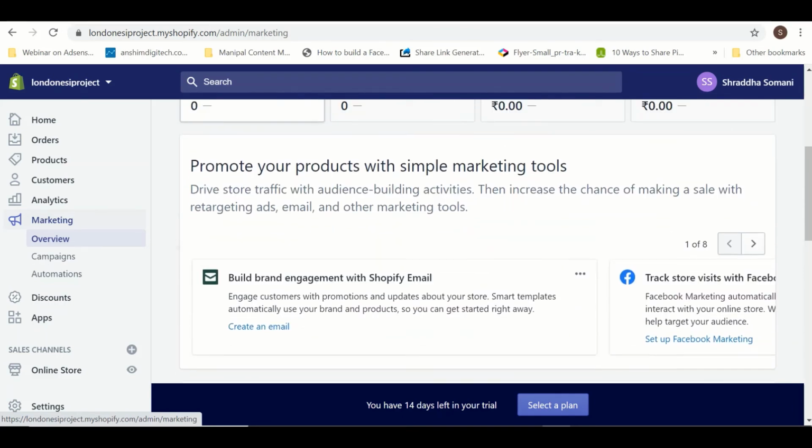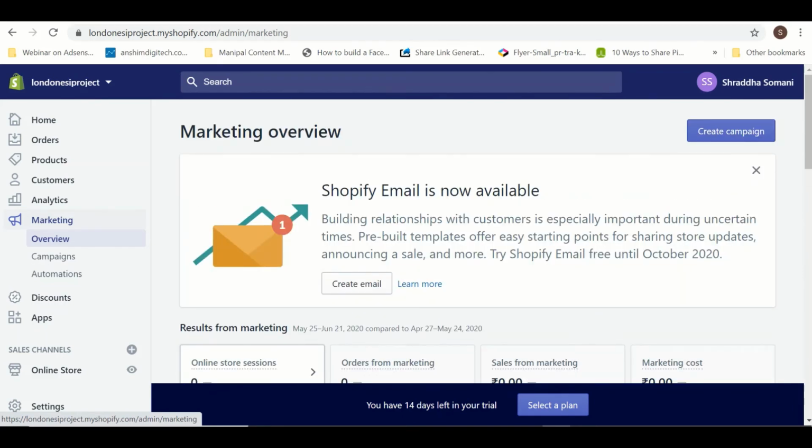With Shopify, the email ID that will be created will have a domain name of shopify.com. Even for this store, the store name is what I have given, and after that the domain comes as shopify.com, because it is a free domain and hosting, right?